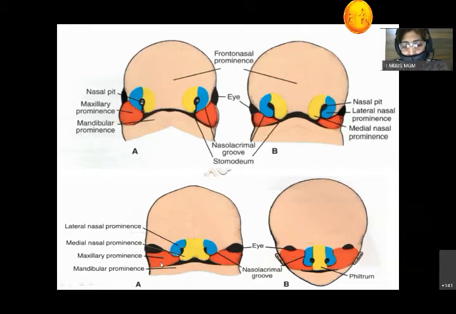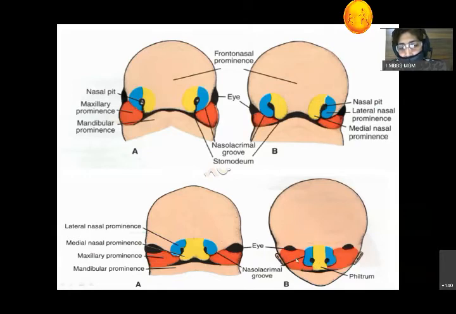Now remember and see the figure, you can appreciate that upper jaw formation. In upper jaw formation, the blue color, that is lateral nasal process, does not contribute. Okay, it does not contribute, and it fuses. Now maxillary process fuses with the lateral nasal process. Maxillary process also fuses with the medial nasal process, and both these two parts, lateral nasal process and medial nasal process, they fuse with each other also.